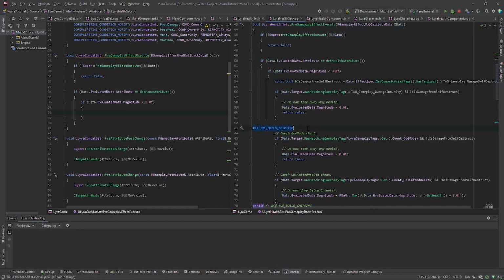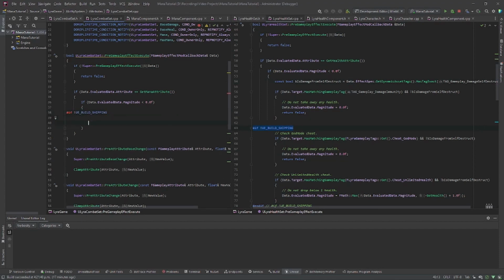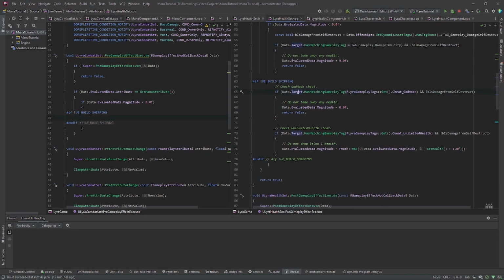And it's good to also surround it with the if not build shipping, because in a shipping build, you will not actually have the cheat manager, so it doesn't matter if you use God mode or not, because you won't be able to. So build shipping, unless, I think there's a way you could enable cheats, but no, I think that's more in a development build. So you check the God mode cheat,